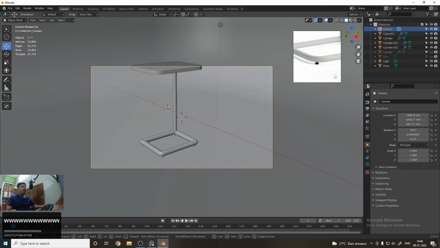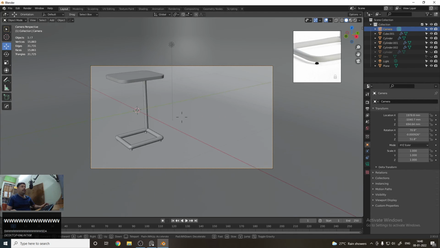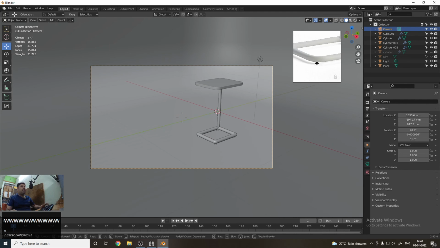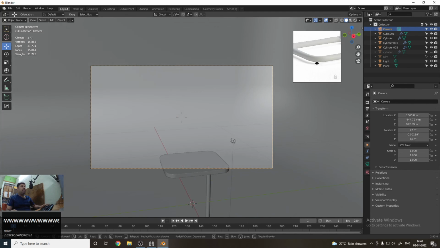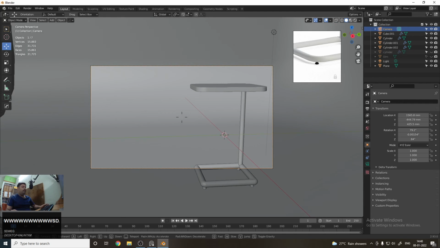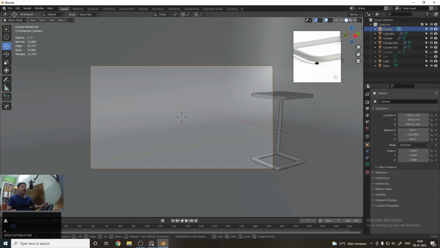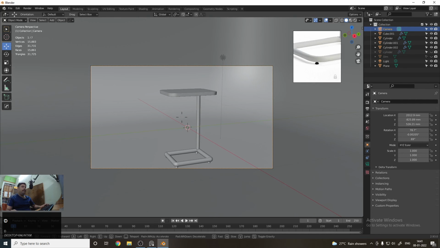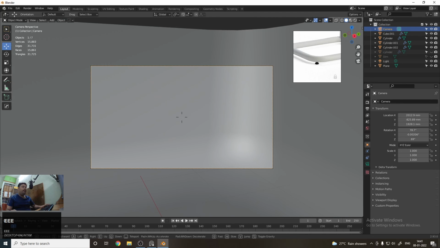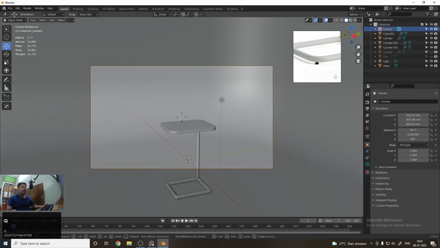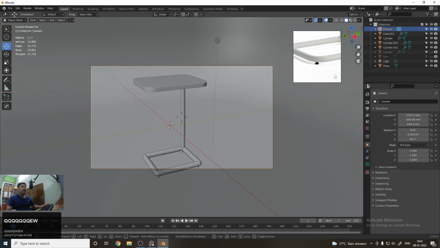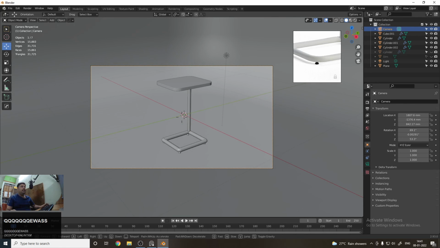With the help of W, A, S, D, E and Q you can move. With W you can move forward, with S you can move backward, with A you can move sideways, with D you can move sideways, with E you can move upward, and with Q you can move downward. So in this manner you can move easily.